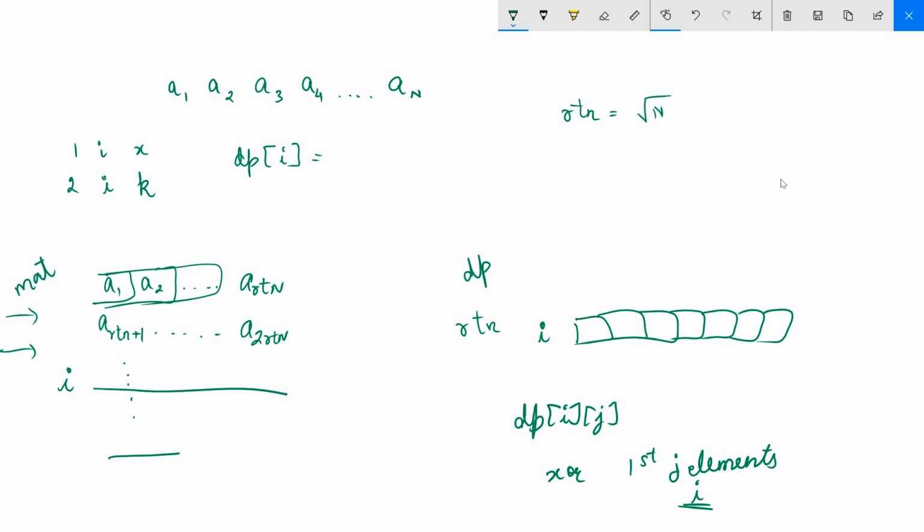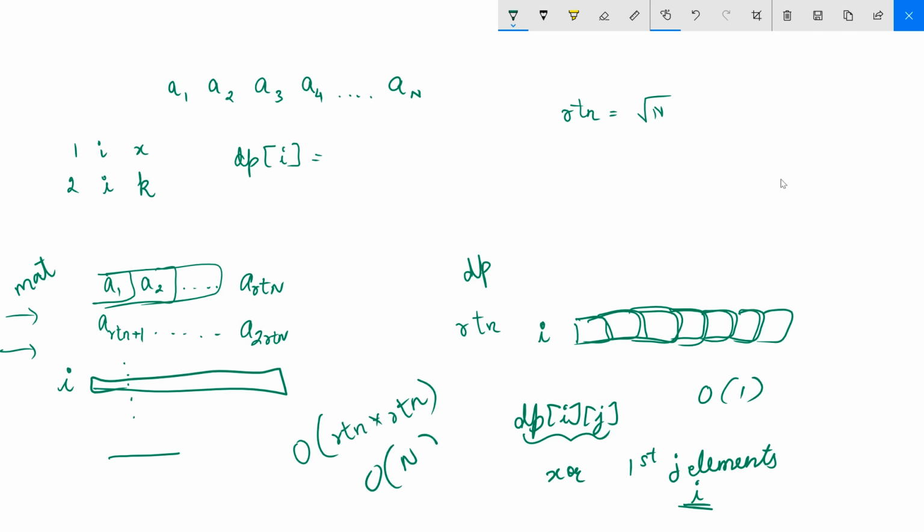So if you fill this dp array, then dp i j can give you in O(1) the XOR of the first j elements. Okay. So I hope this much is clear. And to fill this, you will take O of number of rows into number of columns, so root n into root n. So this becomes O of n time complexity to fill up both of these matrices.